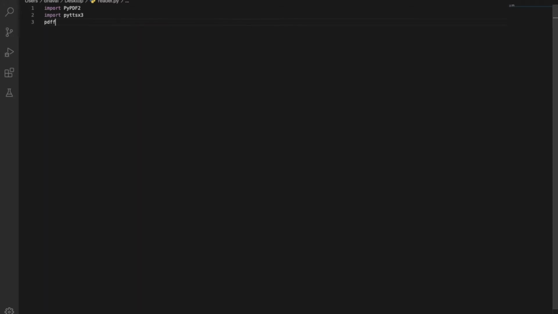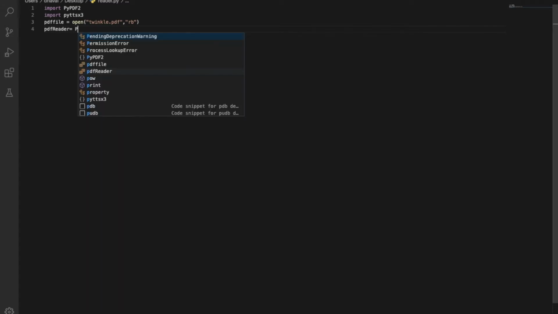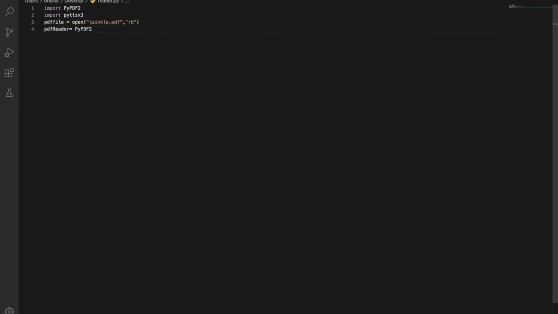So pdfFile is equal to open. I'm going to open that PDF, twinkle.pdf, in read mode, and now create an object of the PDF reader. So pdfReader is equal to PyPDF2.PdfFileReader of pdfFile,